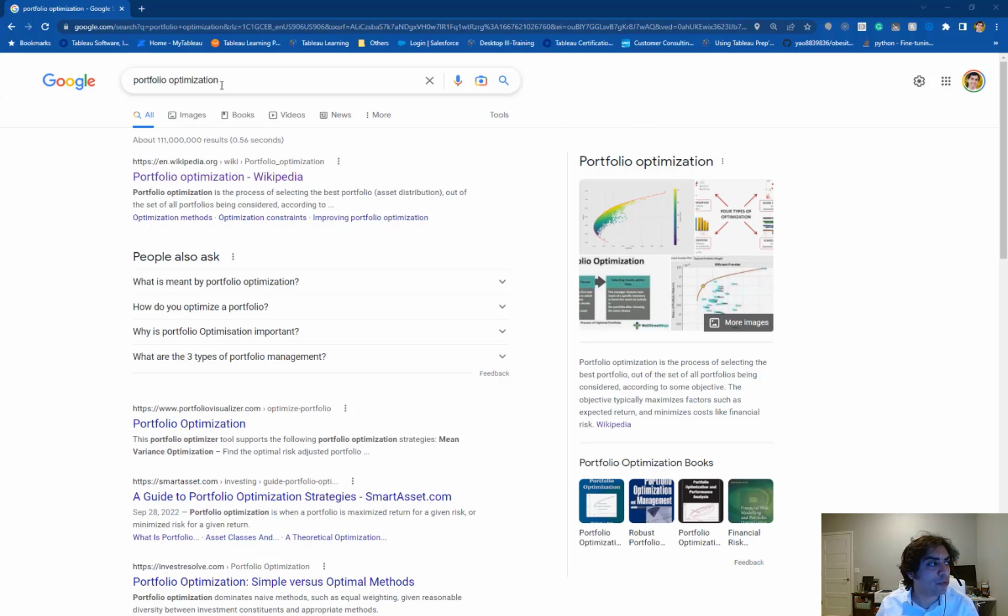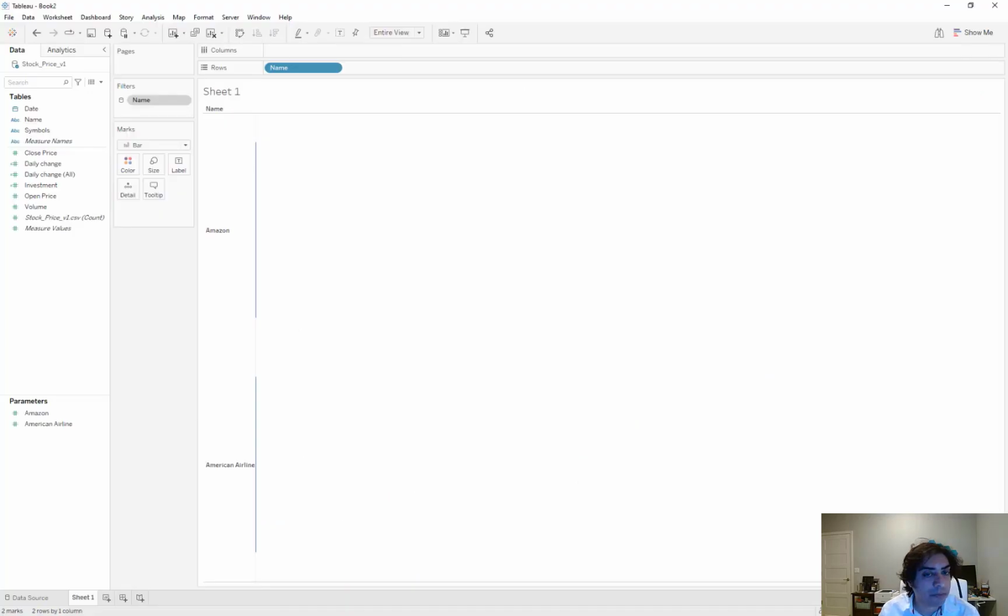And if you search for portfolio optimization, you may find a lot of resources about it. But let me jump into Tableau to elaborate on the details of the problem a little bit and see what type of challenge we may have if we want to approach this problem with Tableau without a table extension. And then after that, I will show you the final solution, how a table extension can accelerate the creation